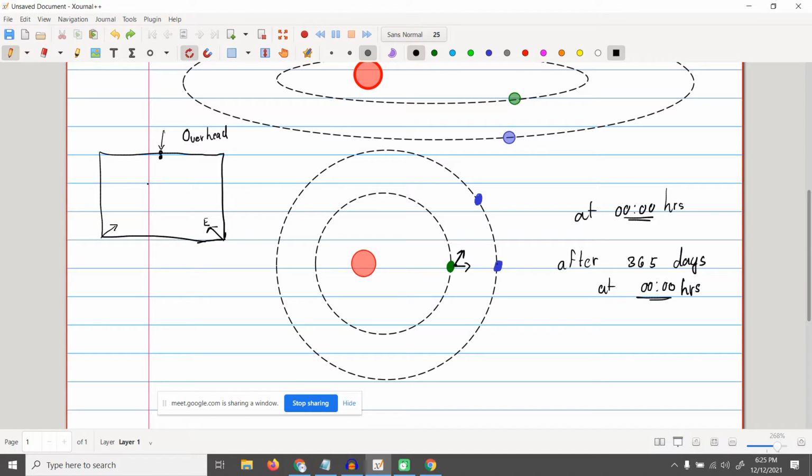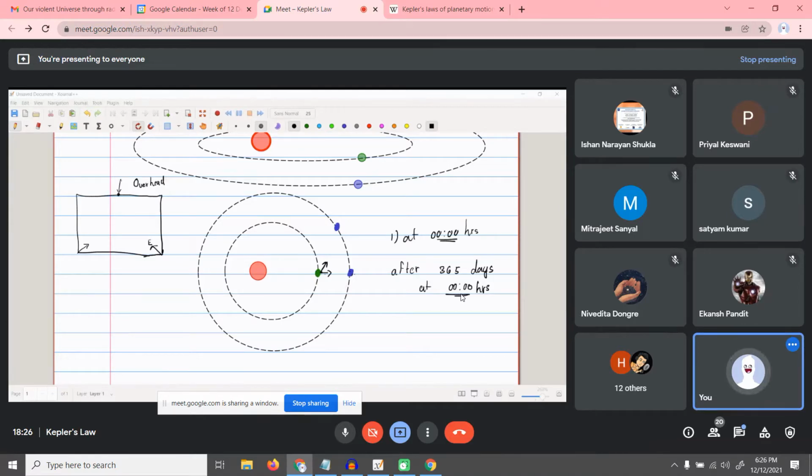Now not only that, you also need to know not just which direction Jupiter is, but how far Jupiter would be. So Earth is over here, Jupiter is over here. We know Jupiter is overhead in the first measurement, but how do you know if Jupiter is close by or whether it's further away? How would you do that? How would you know that? What kind of techniques would you use to figure out where Jupiter is?